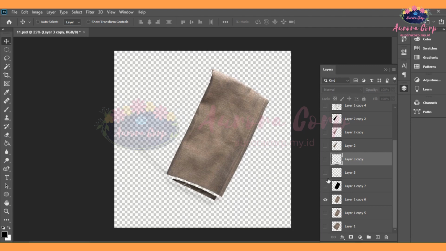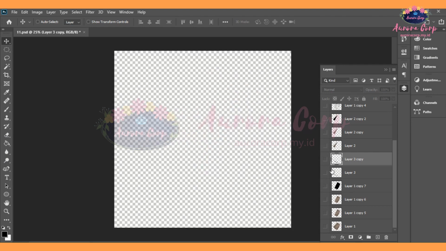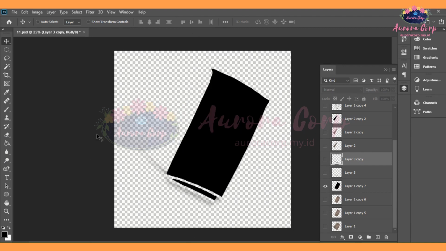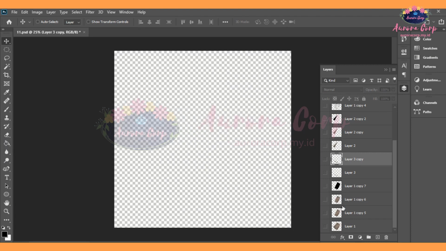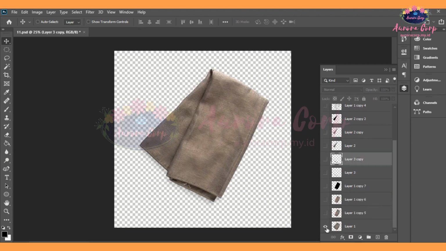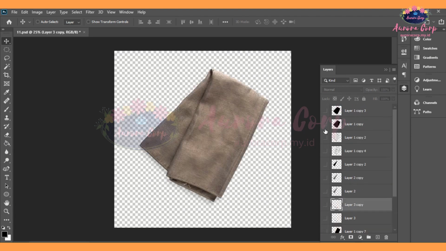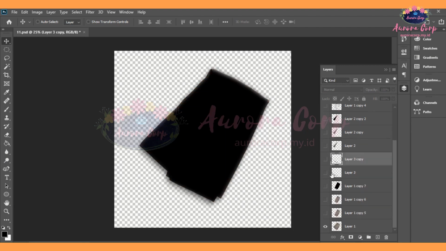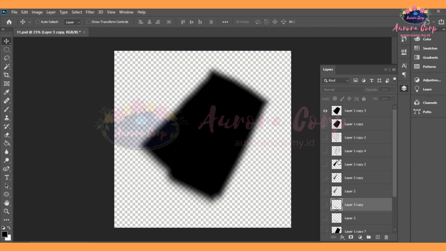Okay, and then after you trace all the image, you can copy the image and make it black like this with the pen tool or paint bucket, and then you can copy the original image and make the shadows like this by using filter